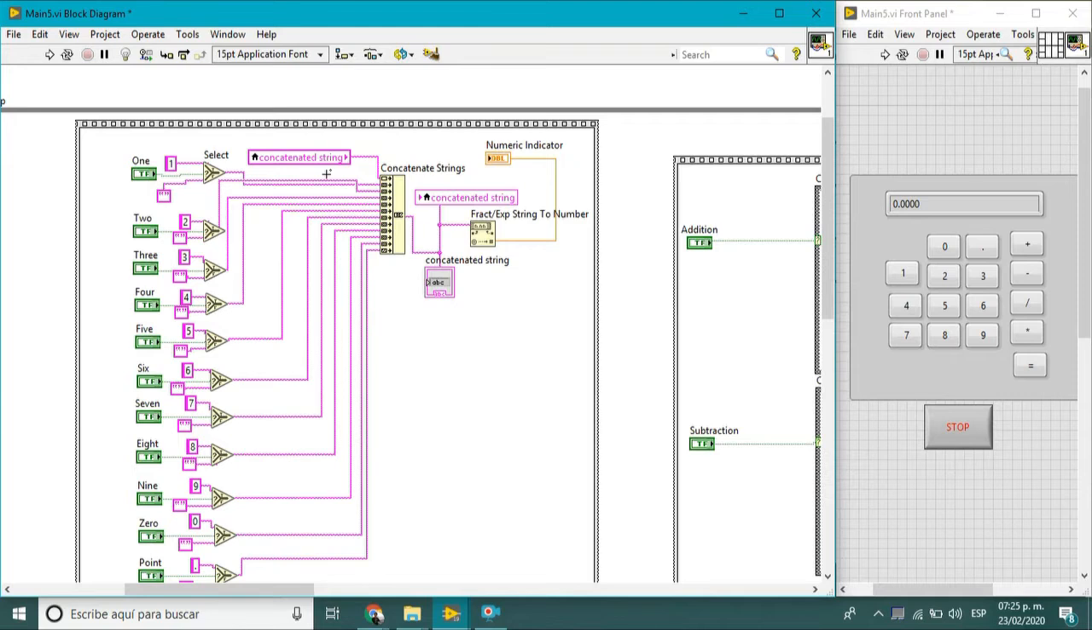Using the select function, the button that the user pressed is identified. If the 1 button is pressed, a 1 is concatenated to the string. If the 2 button is pressed, a 2 is concatenated to the string, and so on. If no button is pressed, nothing is concatenated to the string. Finally, the string is converted to a float number, and it will appear at the numeric indicator as the